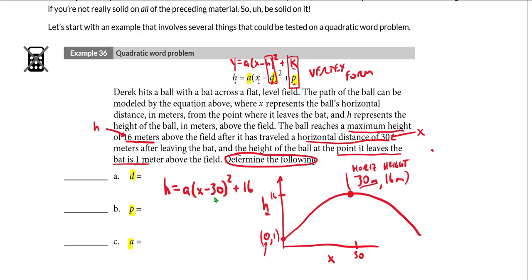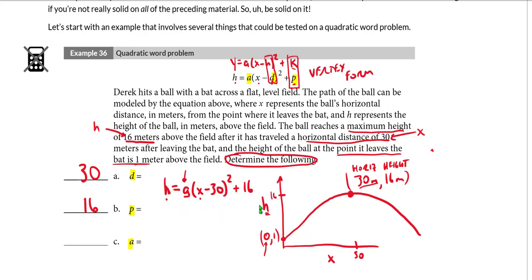So I now at least know that d is going to be 30 here and p is going to be 16. Now in terms of finding a, the way that we do that, and we did talk about this earlier in this section, we said that if we pretty much have everything except that a value, what we would need is a number that could go in for h and x. In other words, we would need another coordinate, another pair of x and y values,